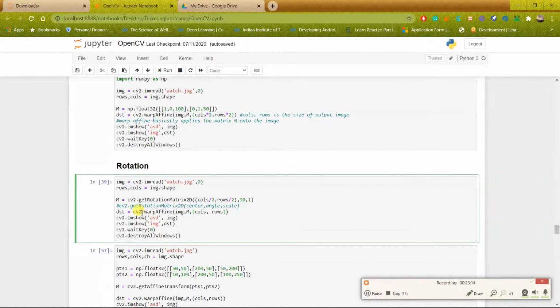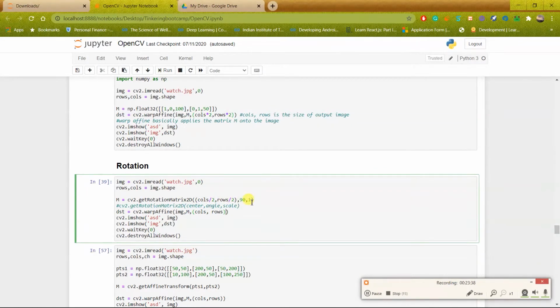The syntax is this: getRotationMatrix2D, then we specify the center about which we want to rotate our image, then the angle and the scale. Here I'm specifying cols by 2 and rows by 2, that is the exact center. Give a minute and think about how the center is equal to cols by 2 comma rows by 2.